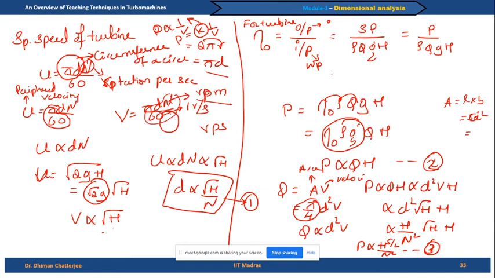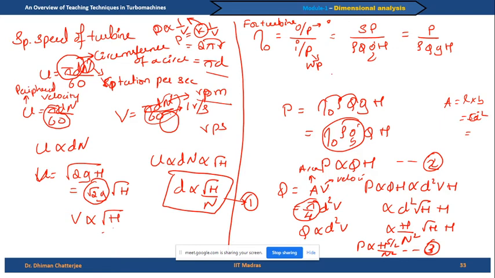I am finding this for a turbine. In what shape will a turbine be? Will it be in a rectangular shape or in a cone shape? What shape will it be in a turbine? Circular shape. To get diameter, we are taking, sir. In perimeter, we are getting length and breadth. This is all to find the turbine specific speed. So if I am talking about a turbine, 100% it has to be circular, no? It cannot be cuboid or cone-like shape turbine. Have you seen? No, it is in a circular shape.